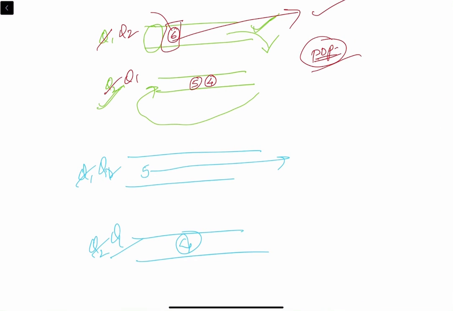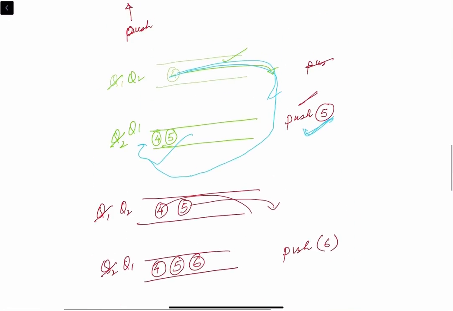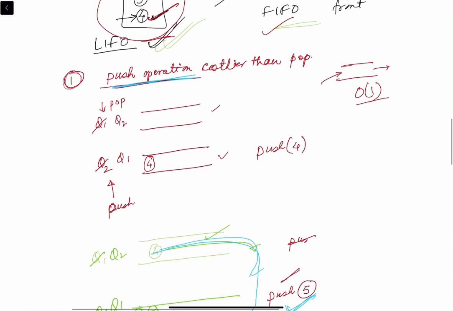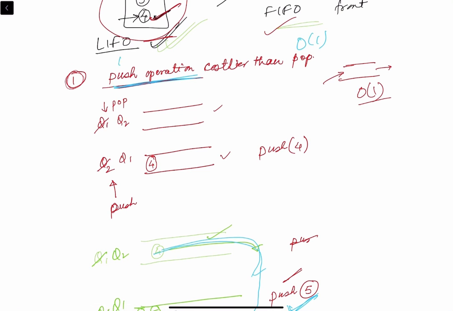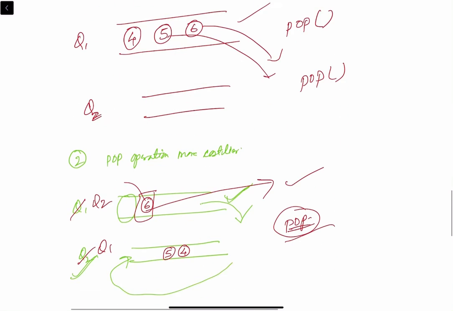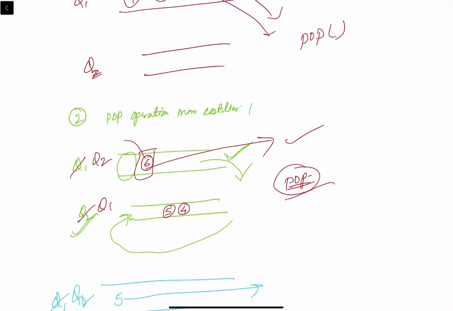I hope you like this video. I am not discussing the time complexity for this algorithm. It's just a manipulation. I think the pop operation here will be O(1) and push operation will be O(n). Whereas in this case, push will be O(1) and pop will be O(n). You can check by yourself. Thank you.